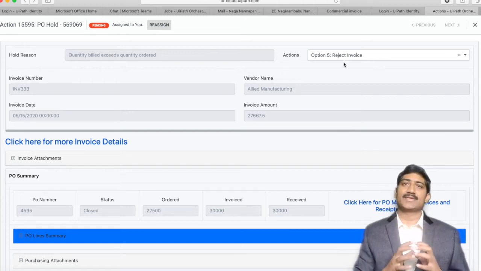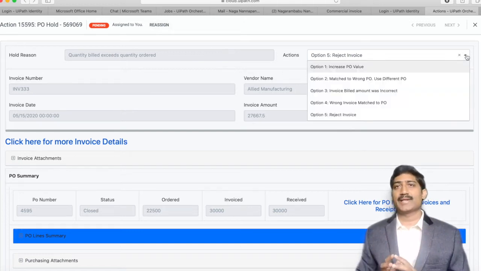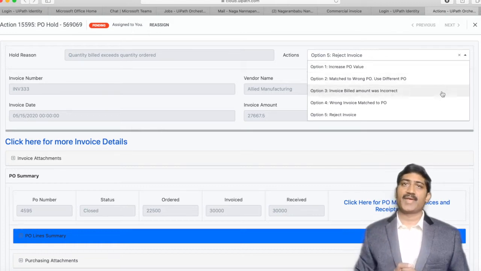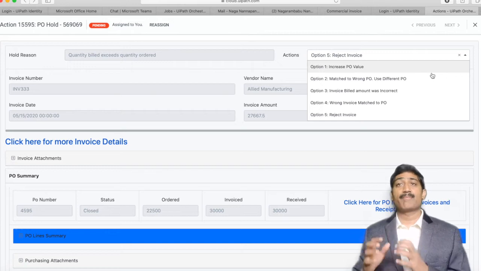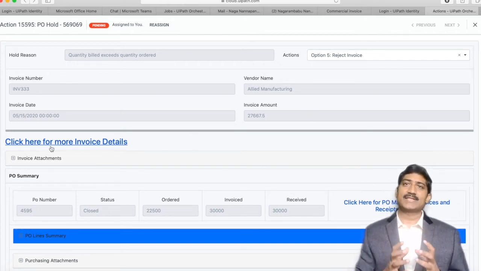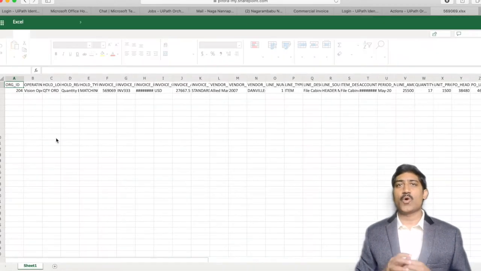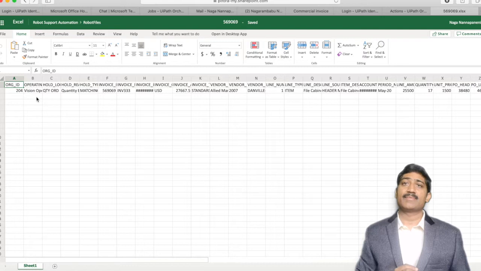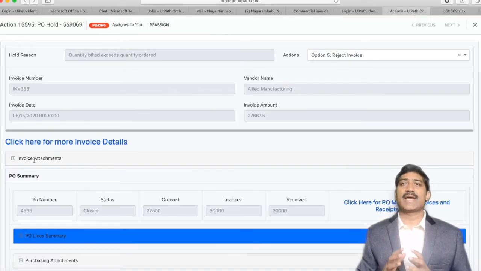On this screen, you see a hold, quantity billed exceeds quantity ordered, and an actions list which has 5 possible actions the preparer can take. Also, the task has a link to more invoice details. Let me click on the link, which will open an Excel file and provide all the details of the invoice and the invoice lines. Also, the task provides the links to the invoice attachments that were available at invoice level